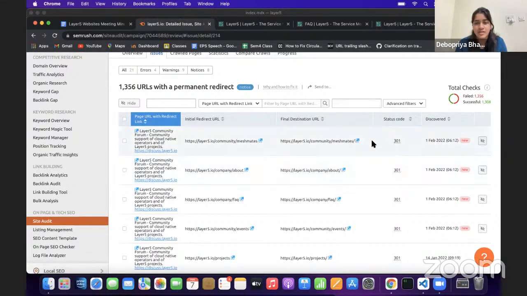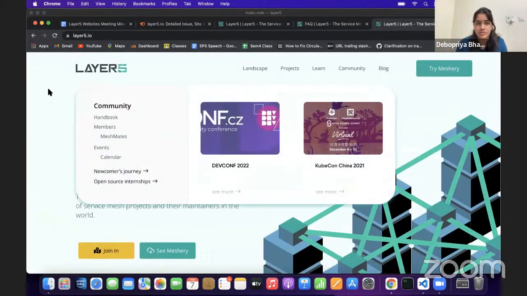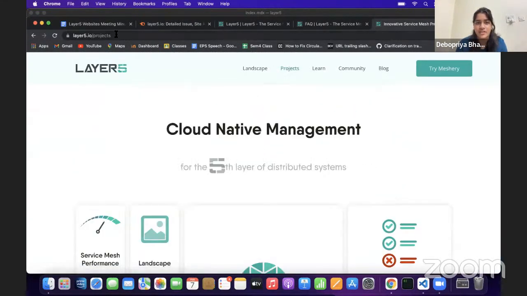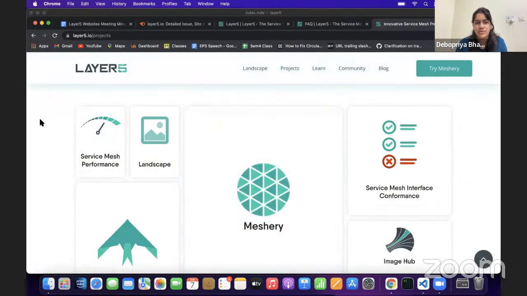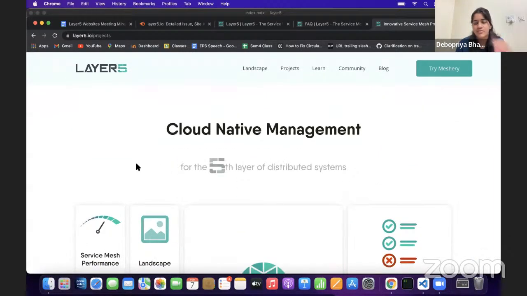So we were discussing it a little bit, and I think a solution could be to force trailing slashes on all our URLs and redirect to only that, because right now we're not doing it explicitly as far as I'm aware. So yeah, Nikhil, do you want to talk about this? What do you think?